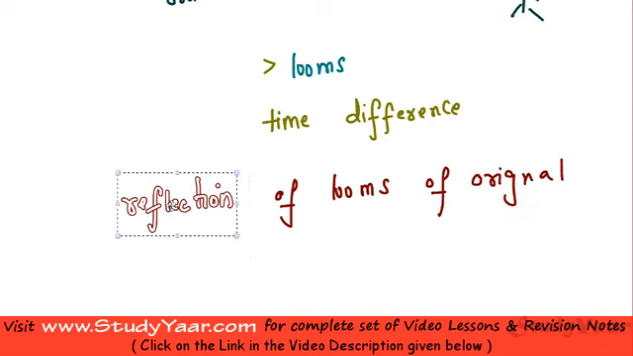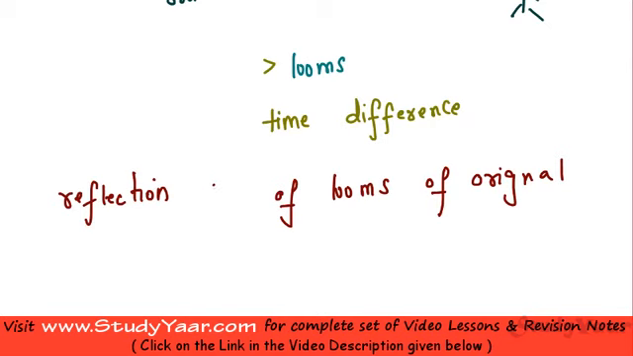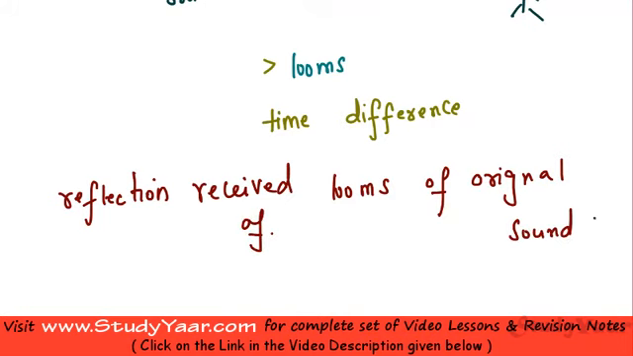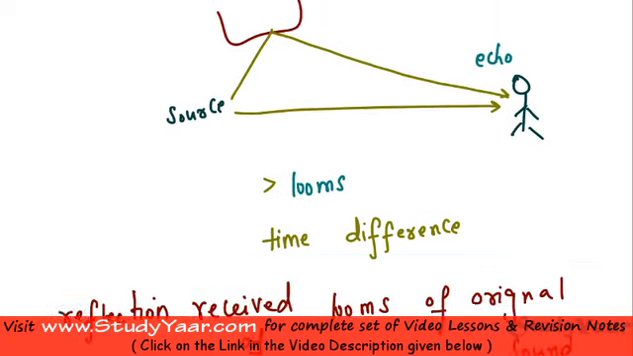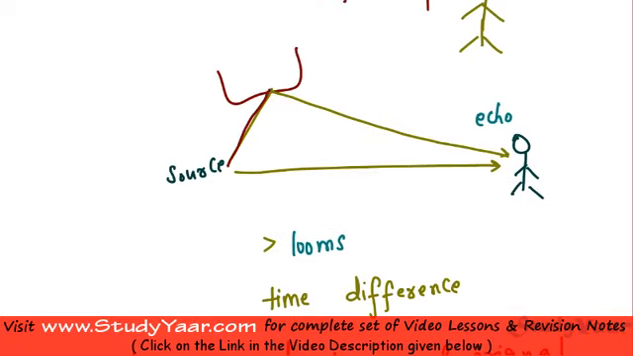Or rather you can say that echo is the reflection that is received after 100 milliseconds of the original sound. That's a better way to look at it. So it's the reflection of the sound that is received after 100 milliseconds of the original sound. It might also happen that this distance is not